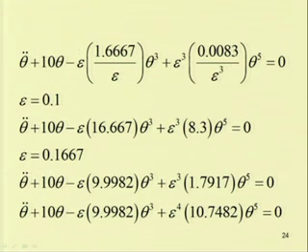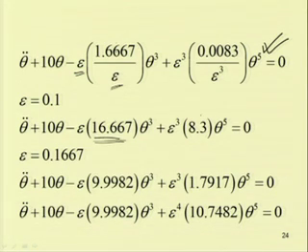By dividing and multiplying this term by epsilon, where epsilon is a bookkeeping parameter which is very much less than 1, we can write the equation in this form: theta double dot plus tan theta minus epsilon. We have multiplied by epsilon and divided by epsilon here. Now by dividing by epsilon in this equation, we can get this term equal to 16.667, which is almost of the same order as that of 10.